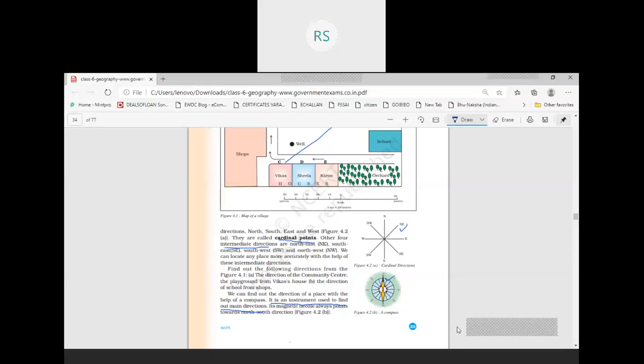And in the similar way, you can understand if this is north, then the opposite of this direction will be south, and then in this direction on the right side of you there will be east, and on the left side of you there will be west. Okay, so these are the important directions, and when you will be able to understand north, south, east, and west, then you can also understand north, northeast, northwest, southeast, and southwest. Okay,